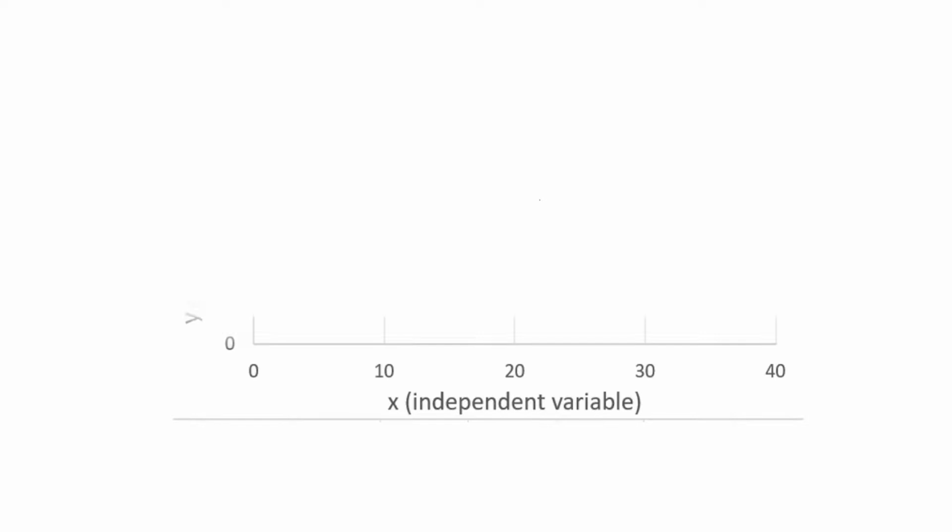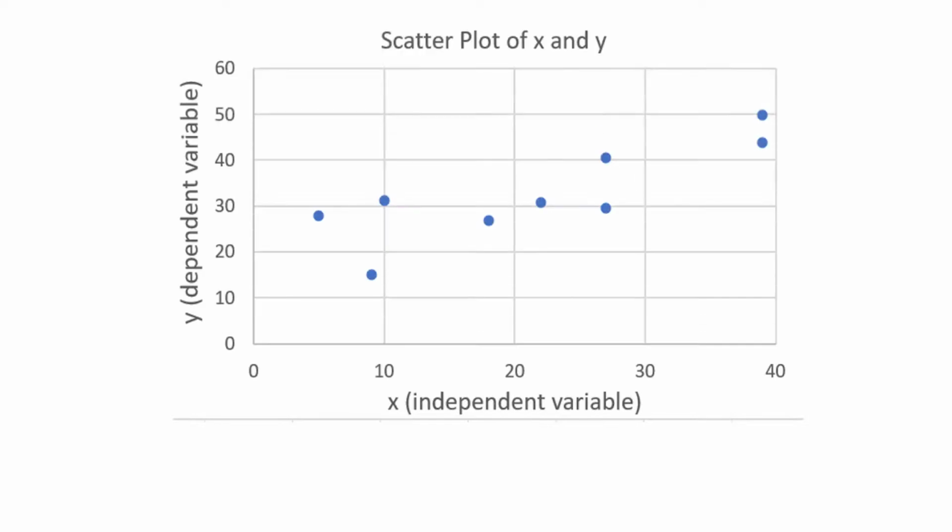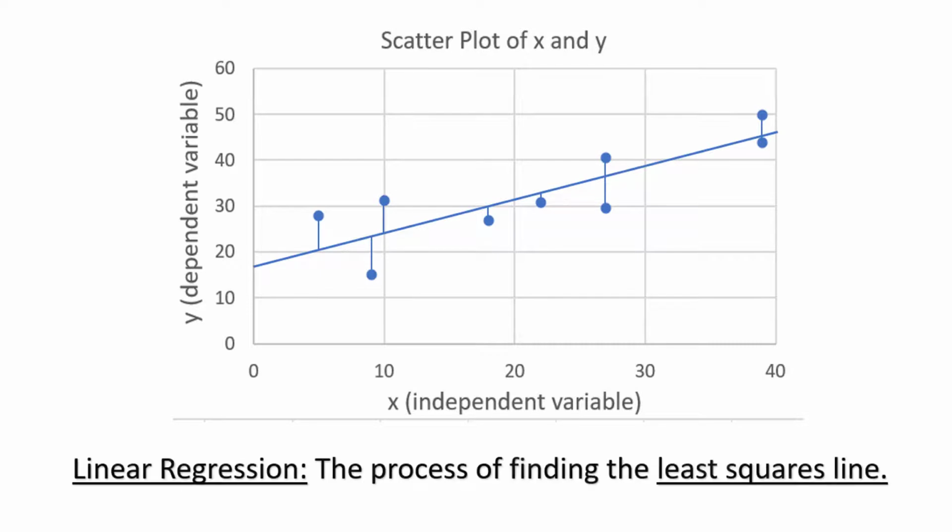As a brief review, a scatterplot graphs the relationship between two related variables, x, which we call the independent or explanatory variable, and y, the dependent or response variable. Our goal is to find the straight line that fits the dots the best. By best, we mean the line that has the smallest squared vertical distance from each point to the line. We call this line the least squares line, and linear regression helps us determine the equation of this line.